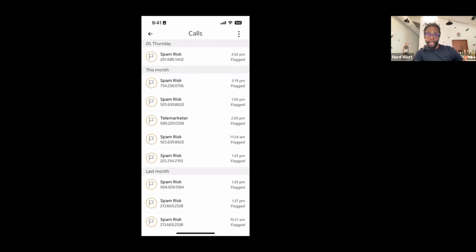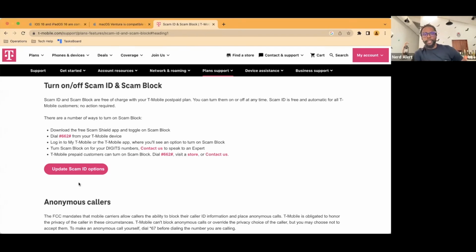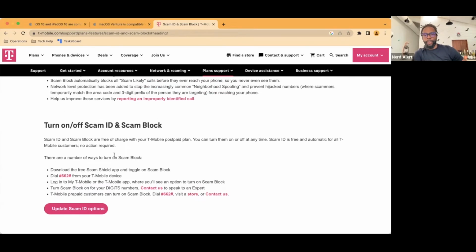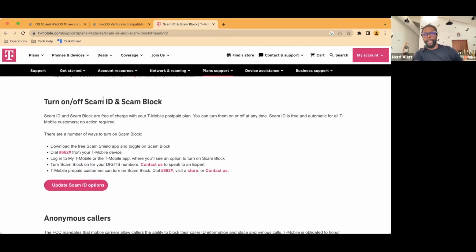Let me just show you all. Here's T-Mobile. This is what I just looked up via Google for phone plan support: turn on or off Scam ID or Scam Block. One thing I was sharing with someone the other day is that if you have an iPhone, you have the ability, and I'm pretty sure if you have an Android there's a way to do it as well,